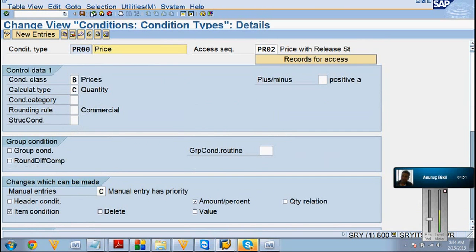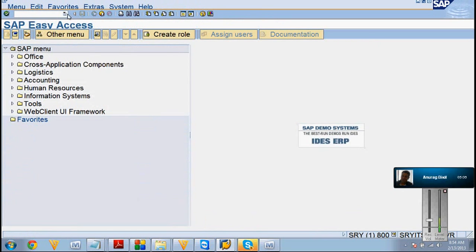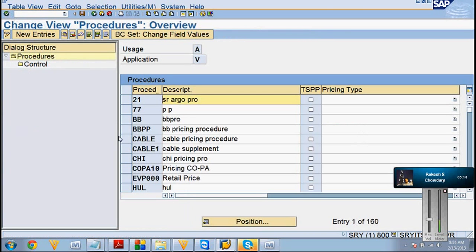Another thing we generally see: within the condition types, where are the 16 fields? I can't see them here. Where can I see them? In the pricing procedure. The T code is V/08. Within the procedure, there are 16 fields for how the condition type will behave.